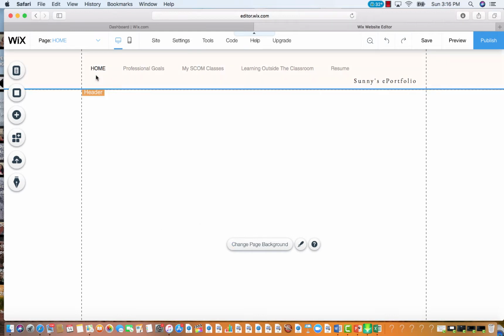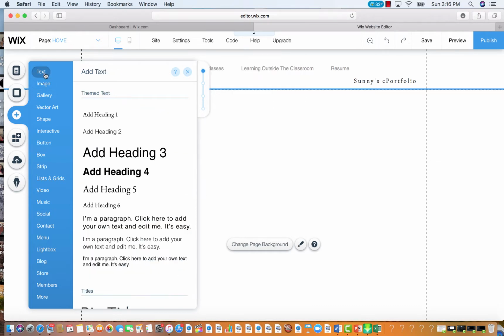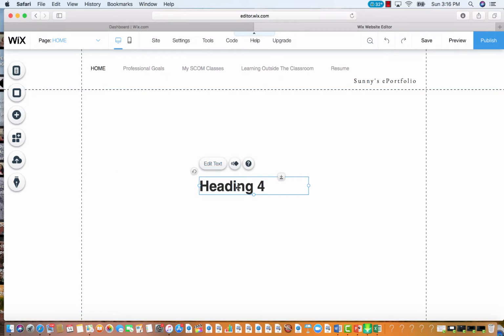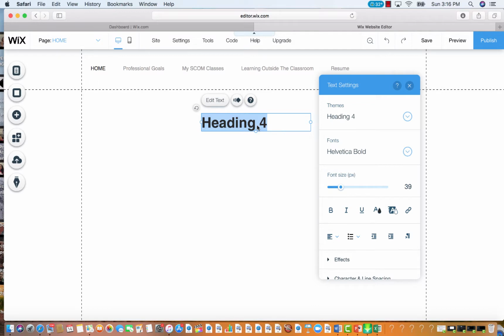So let's set up the home page. And again, it doesn't have to be exactly like this. You can do anything you want to do with the home page. We're just giving you some ideas and suggestions. So the first thing is for the home page, I am going to just add maybe a heading that says, and I'll move this here, and I'm going to be Sunny. So welcome to Sunny's SCOM